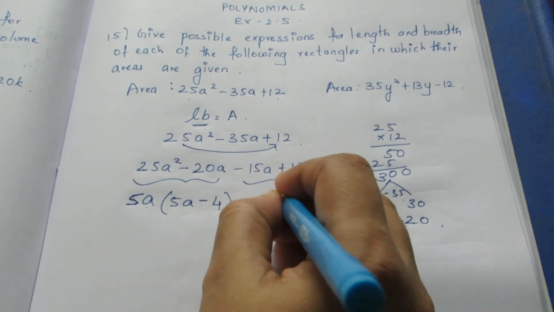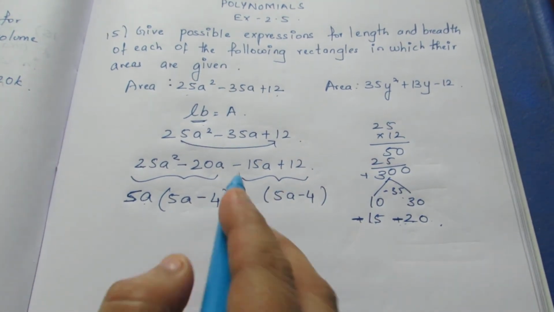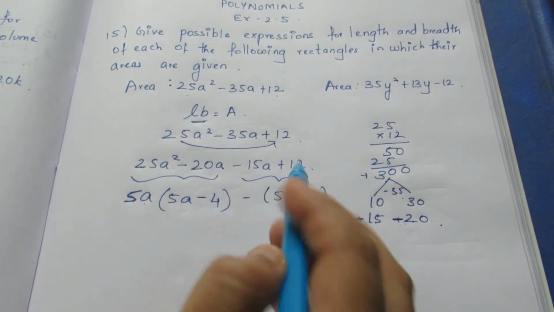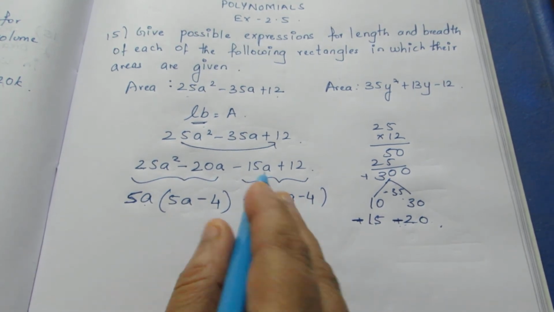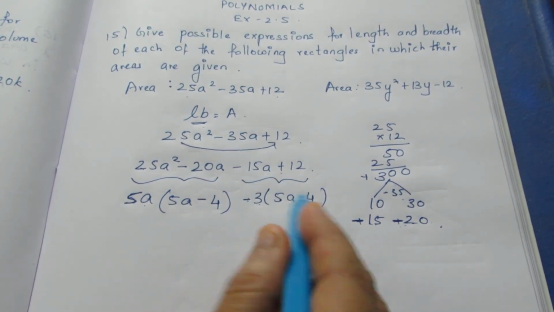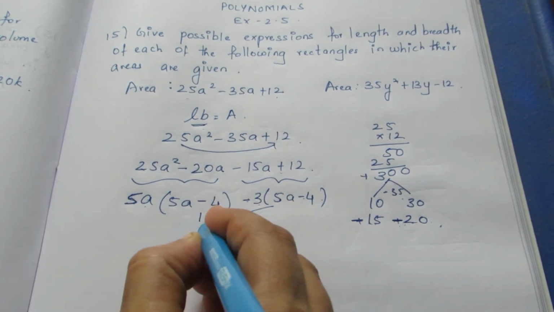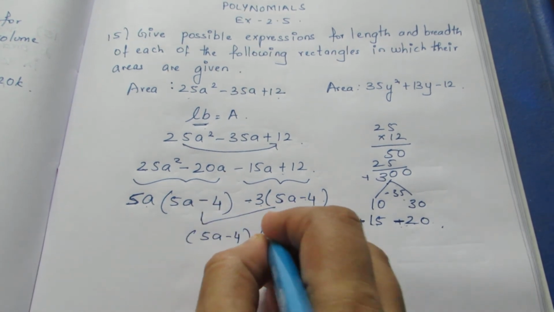Plus into minus, 5 fours are 20, already a has come out, so leave it off. Always write the bracket first and think of the number which can be written outside. Here minus, so minus, because there is no minus inside. 5 threes are 15. So multiply and check. It is 15a, minus into minus will become plus, 4 threes are 12. The common bracket write once and the outside numbers in another bracket.